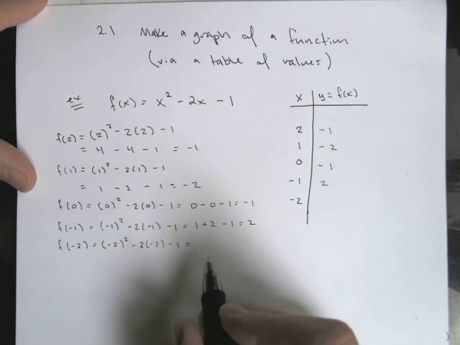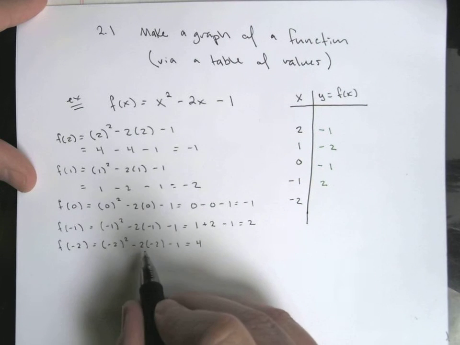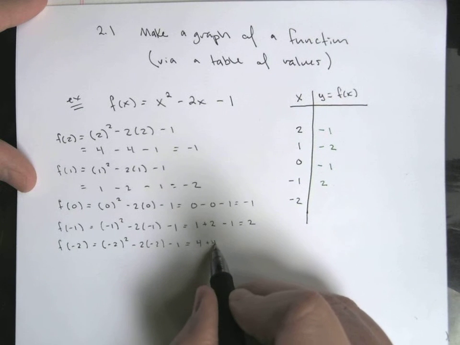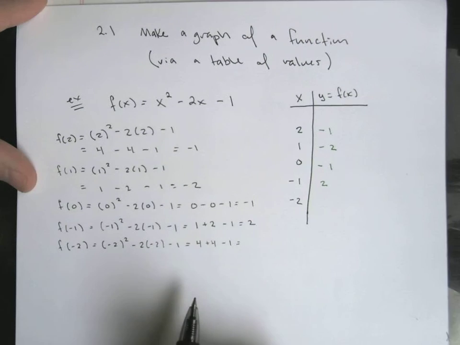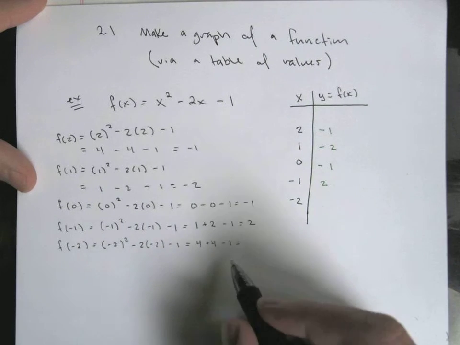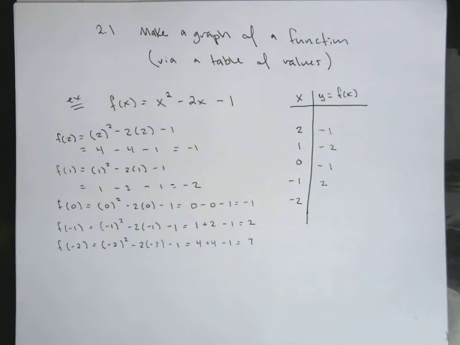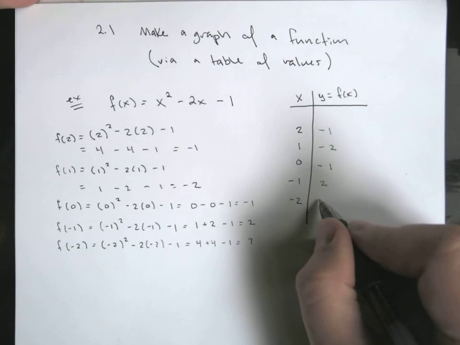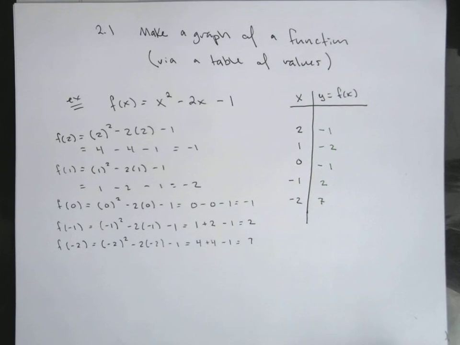Negative 2, right? Negative 2 squared is 4. Negative 2 times negative 2 is also 4. Minus 1, so this is where we're starting to get a little bit of a jump. 4 and 4 is 8, minus 1 is 7. That might seem a little bit random relative to these other numbers, but one of the things that's going to happen with any kind of